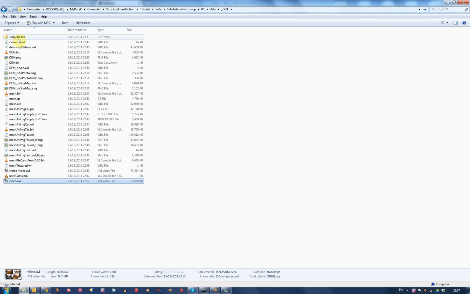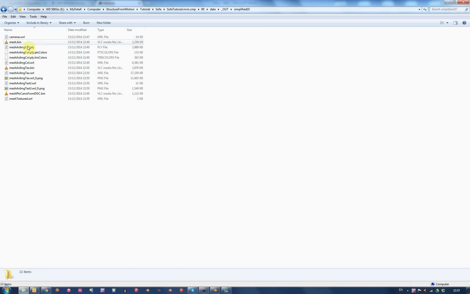But if we go into this simplified folder here, here's the mesh data. It's in two different forms. One is a PLY form, which is, I don't know, Stanford point something or another. And this will work, but my understanding, what I've been able to figure out, is the texturing is done by specifying vertex colors. And I believe you can import this file directly into Blender, and you will see a textured